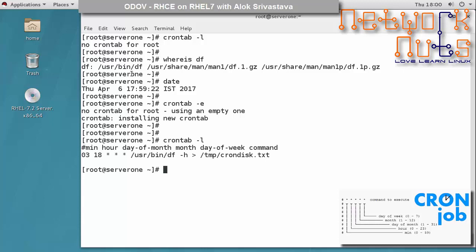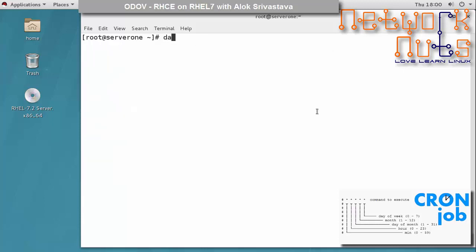If I do a crontab -l, you will see this cron tab is not coming up. So I just need to wait for the time to be 1803. That's it. So it should automatically execute that command, and I should be getting the output under the temp. You will see it. In the meanwhile,